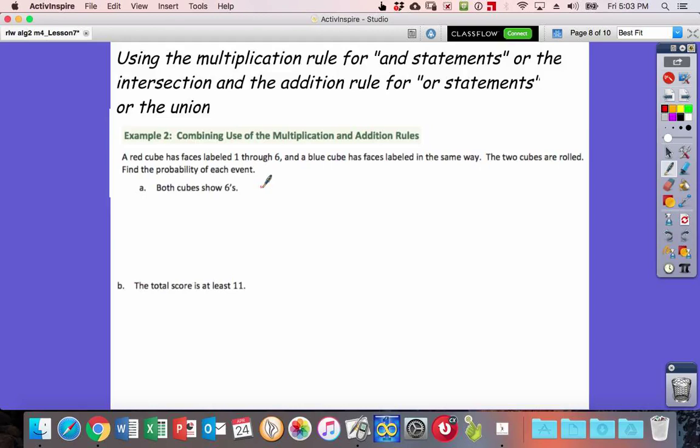What is the probability that both cubes show 6s? So that's the probability of the red showing a 6 and the blue shows a 6. That's an AND statement. I'm going to use my multiplication,